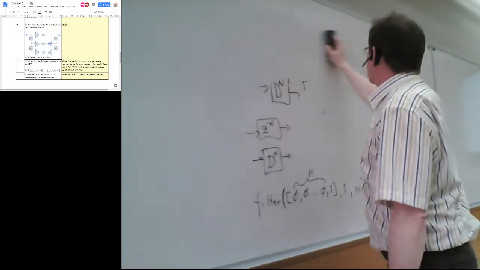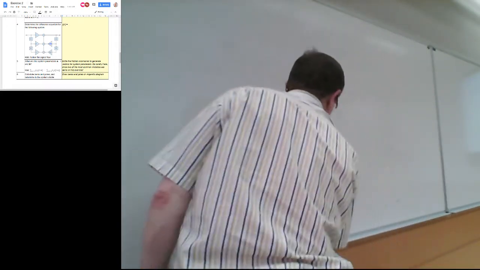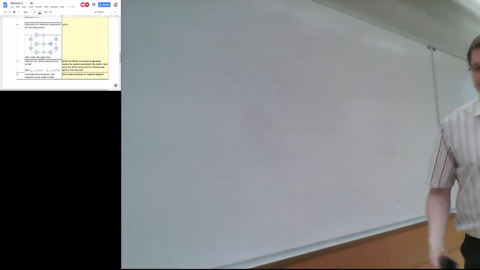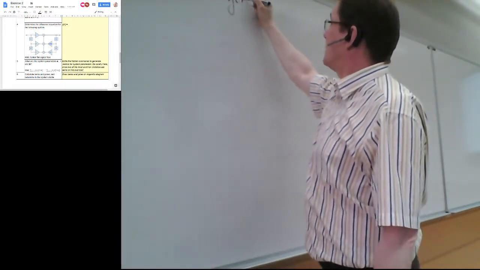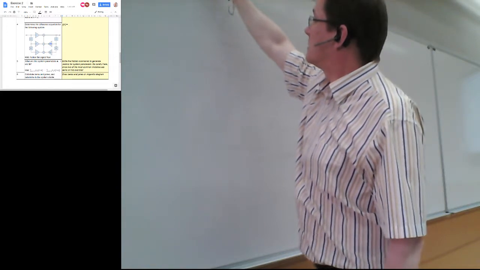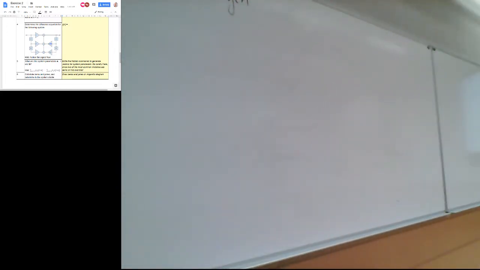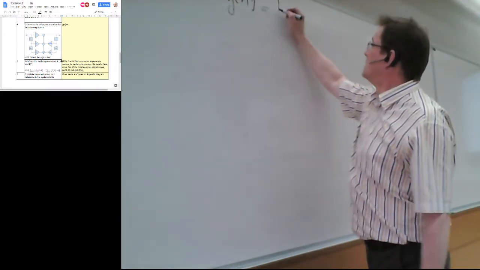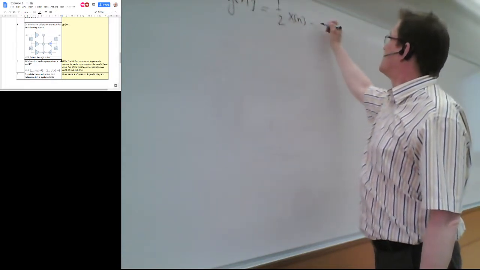How to read the flowchart? Let me, for example, start from a simple system which is defined by a difference equation. Difference equation: yn equals, for example,